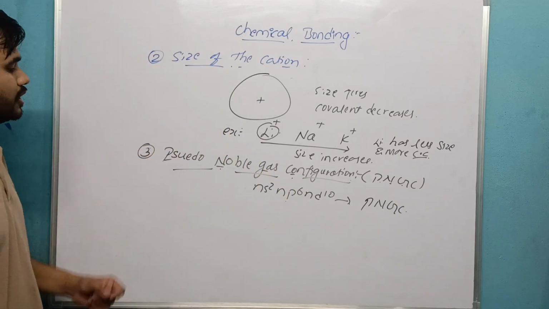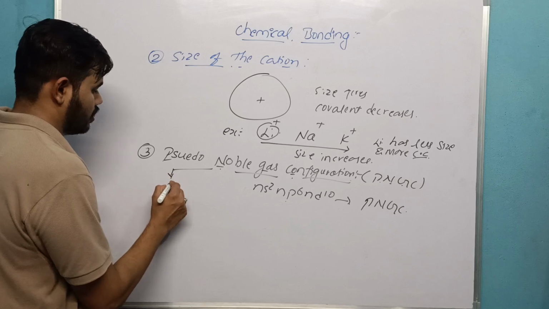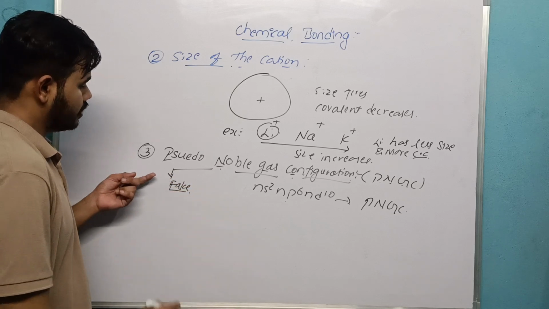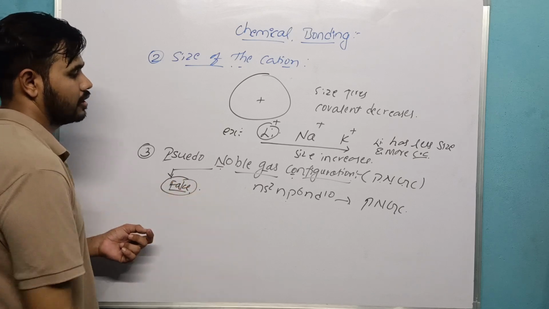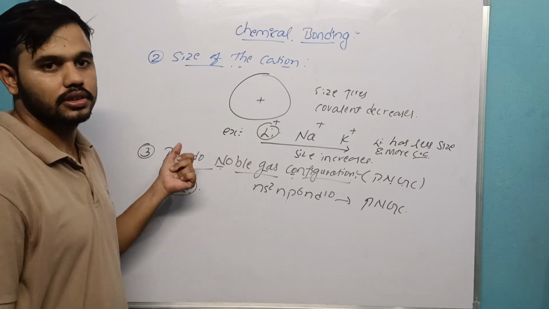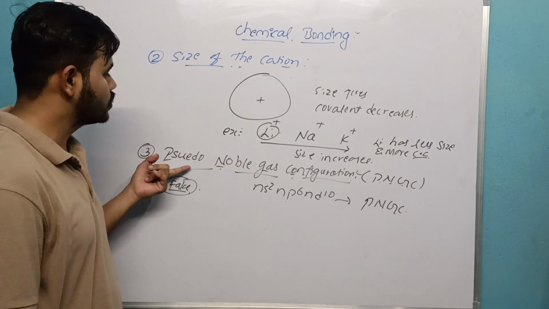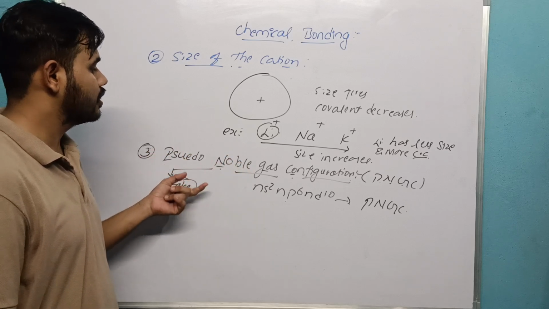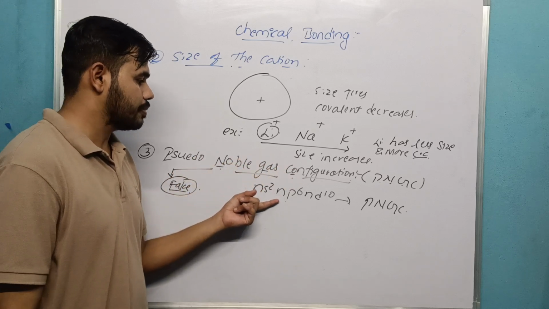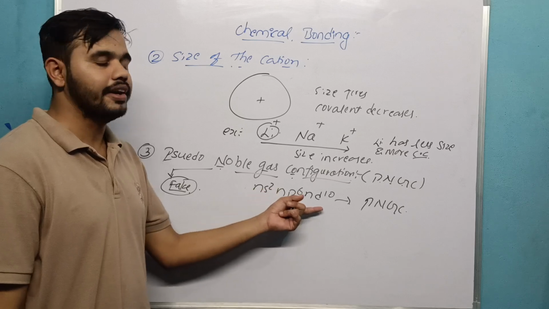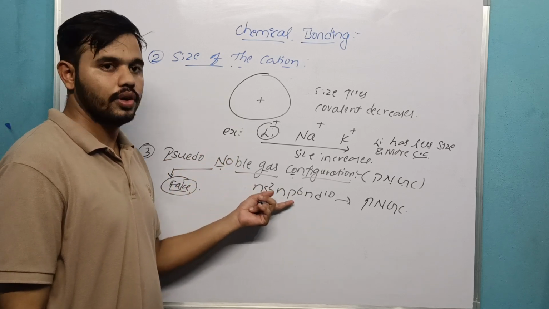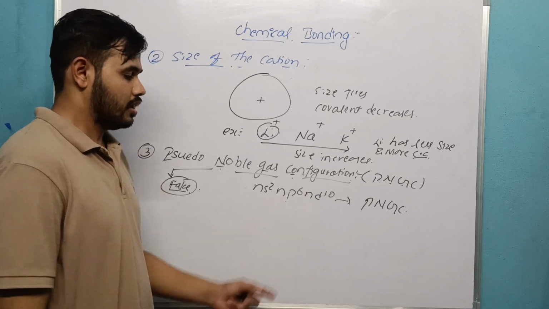First of all, pseudo means fake or false. Fake noble gas configuration is called pseudo noble gas. Noble gas configuration means it should have ns2 np6, and pseudo noble gas configuration means ns2 np6 nd10. Example,